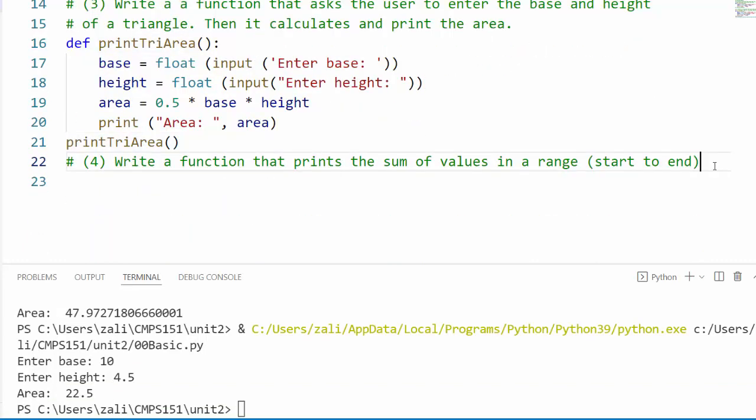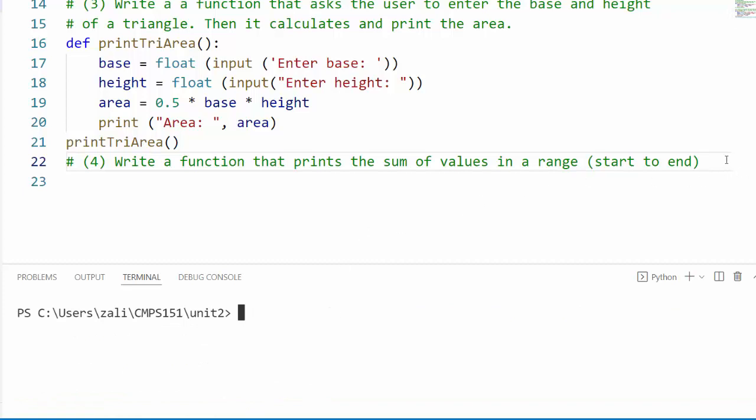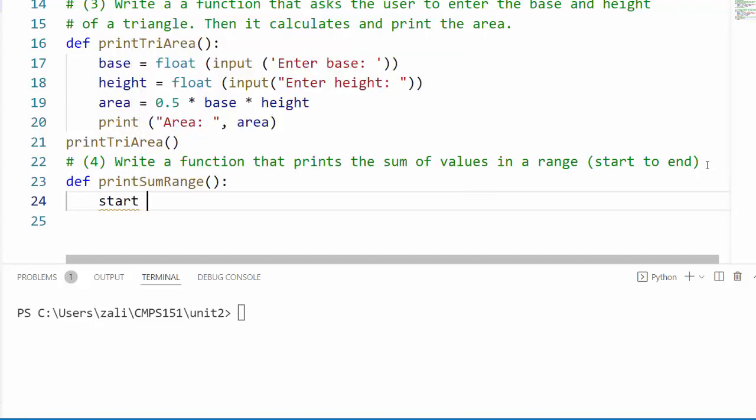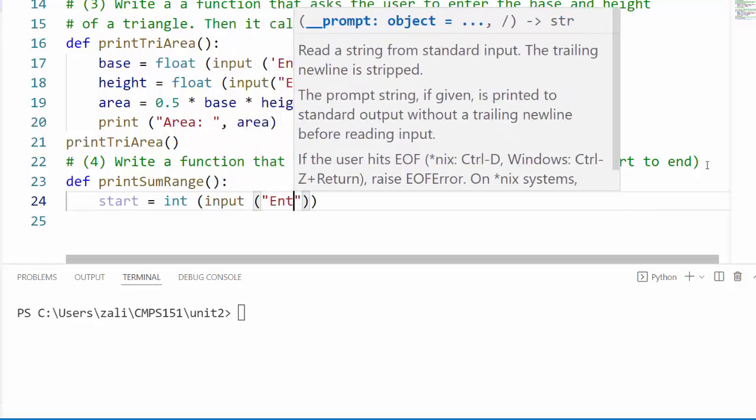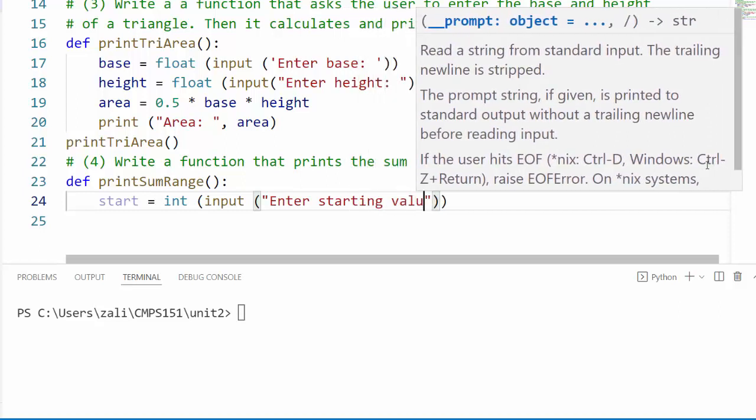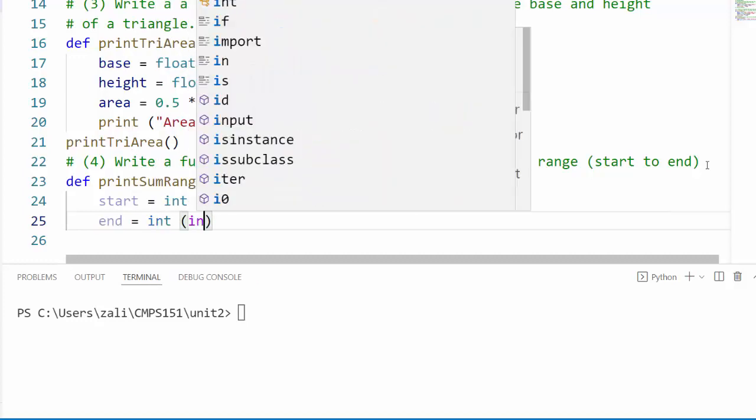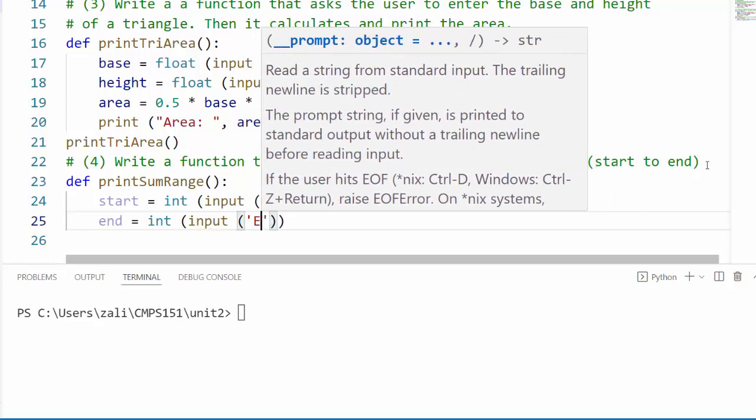Write a function that prints the sum of values in a range. The range means you have start and end. So this function will ask you to enter the starting value of the range, the ending value, and then the function finds the sum of those values. Let's do this. Def print_sum_range, no arguments. Start, which is the starting value, integer, input, enter starting value, and end equals integer, input, enter ending